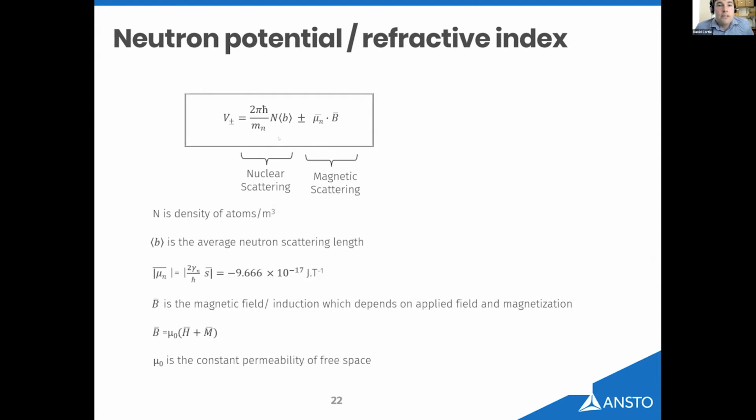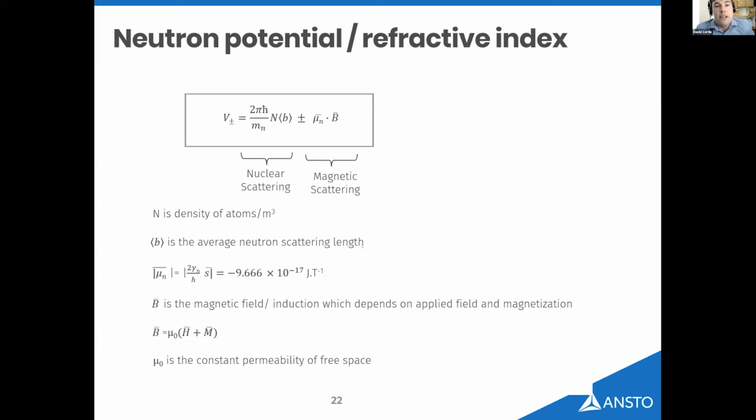So when we look at this part, basically we have n, which is the number of atoms per meter cubed here. All right, we have the mass of the neutron, Planck's constant, and then we have an optical constant, which is the average neutron scattering length in a material. So this tells us that neutrons scatter differently from different elements. Oxygen and hydrogen have different b factors. And then finally, the neutron couples with its magnetic moment to the local B vector, which is primarily determined by